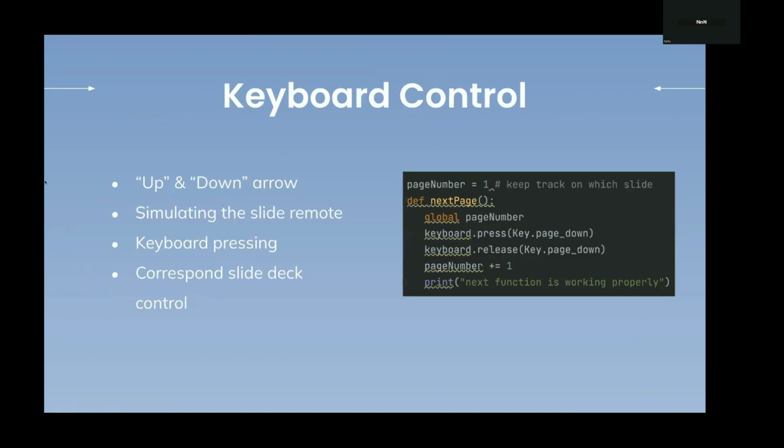So like I mentioned earlier, there are three main cores that make up the slide controller, and I will be explaining these three main cores with a small portion of the code. So first, it's the keyboard control. This is the very first step that was used to control the slide using the up and down keys on